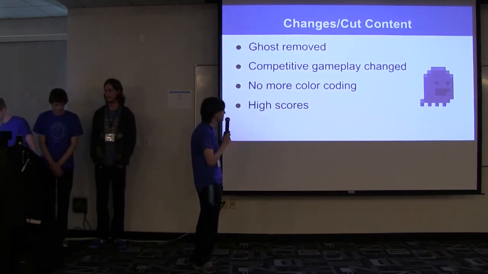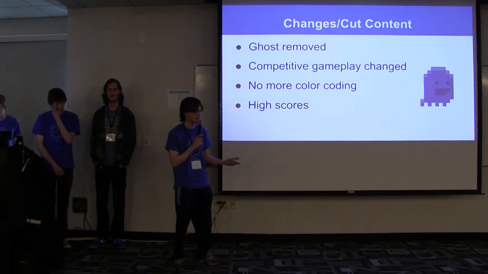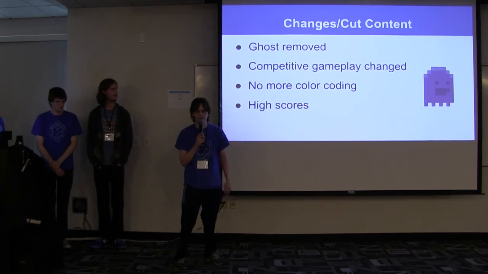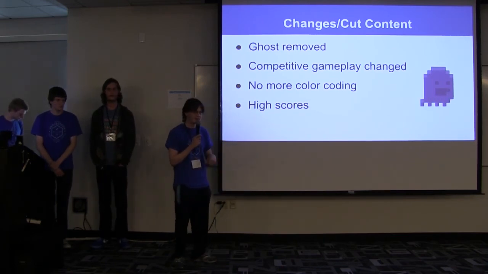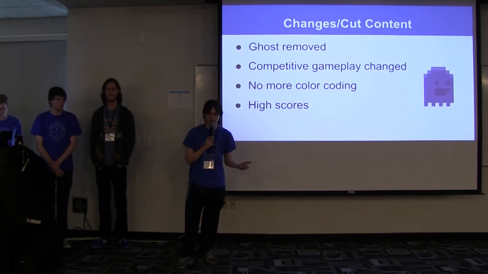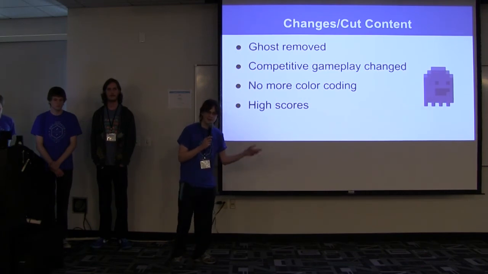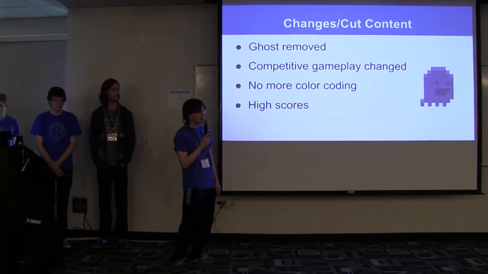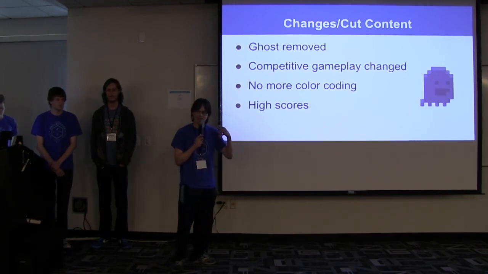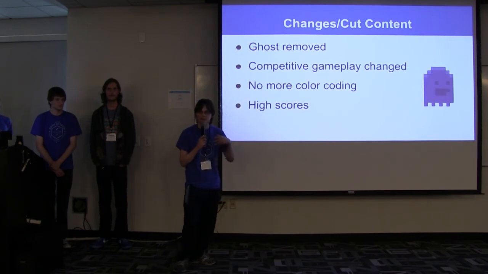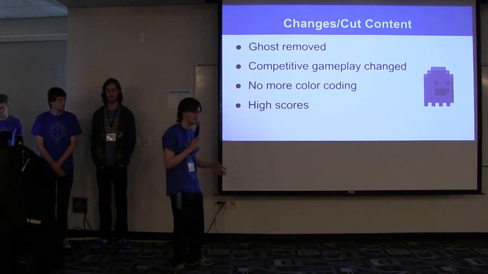Another system that we tried to go through and see if we felt it had a good place in our game would be a color coding system. So back when we had the ghost, we thought about, okay, we'll give the ghost a color, and if he finds a gravestone of the same color, then that'll spawn a better zombie. Or maybe instead we can color the zombies and then have it be a little bit of a color matching game. But ultimately, we felt that these were just restrictions. It didn't necessarily make the game better. It only really made the other parts of the game look better because some of it was more restrictive and